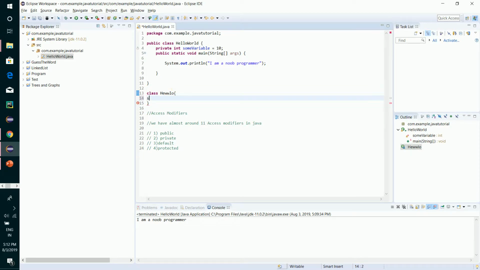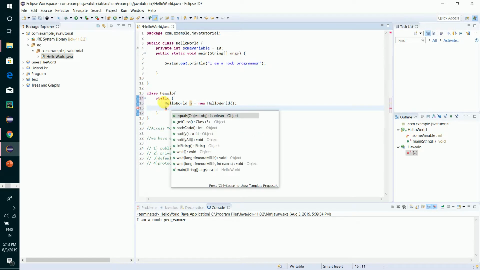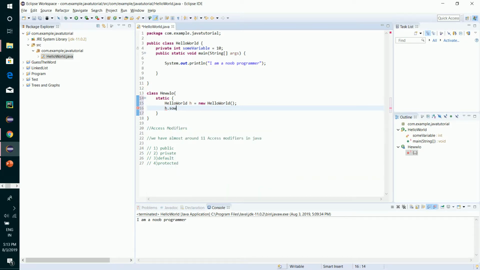First we'll create a static block, because a static block will execute without public static void main. Now if I have to access this hello world program, I'm creating the hello world object, h is equal to new hello world. So if I write h dot some variable,